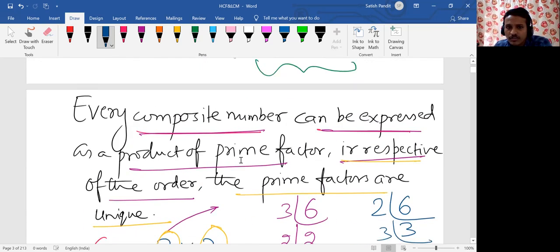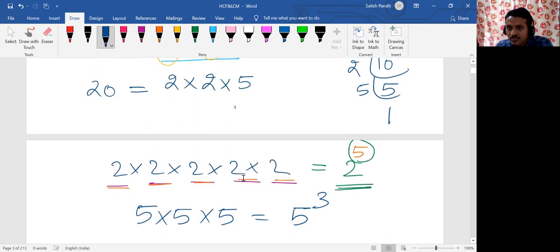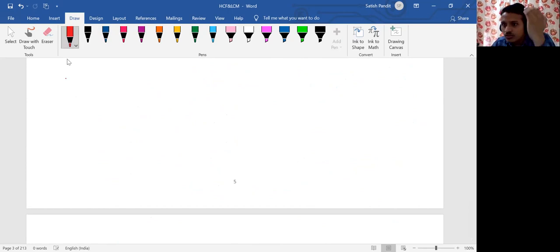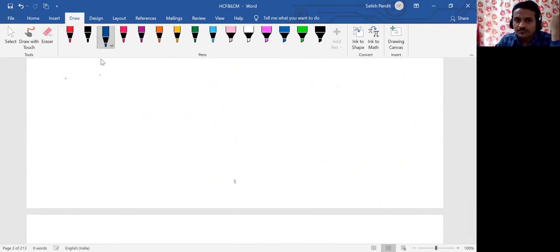So you understood what the fundamental theorem of arithmetic is, and how to write each of the numbers as a product of prime factors. Now, you will be able to go in ascending order only when you know the divisibility rules. The reason students don't go in order is because they are not aware of the divisibility rules. If they see the number 6, they will divide by 3. So let us see the divisibility rules, in short, for all the prime numbers so that it's easier for you.